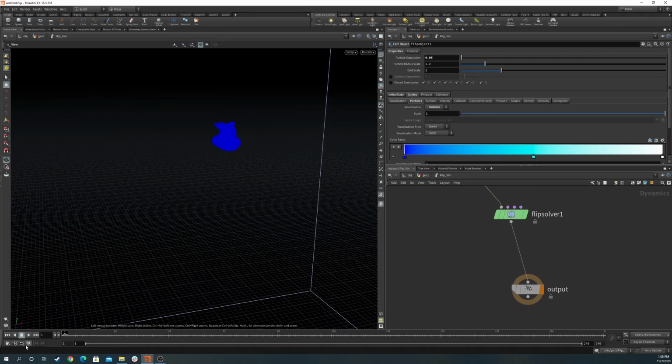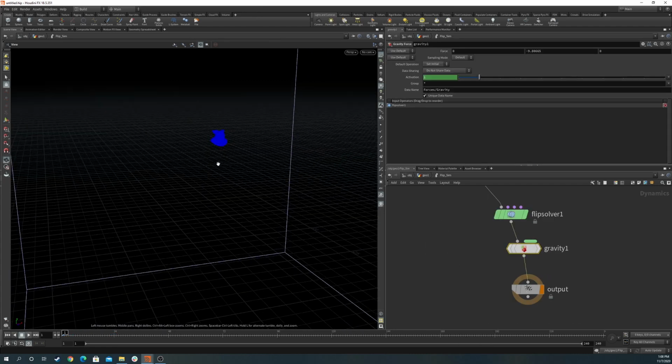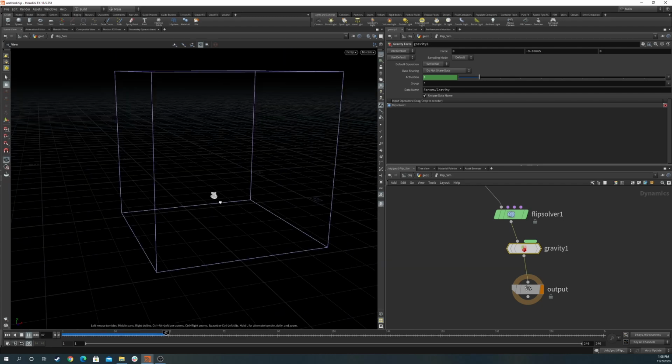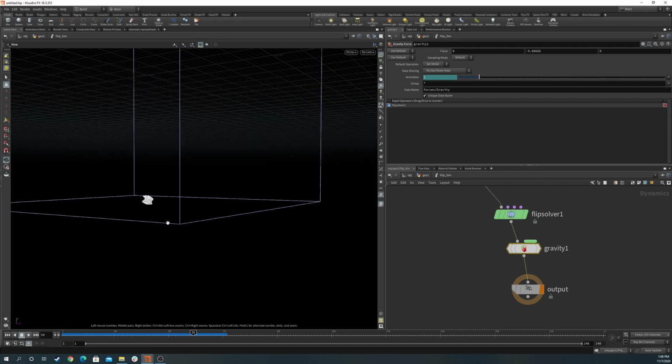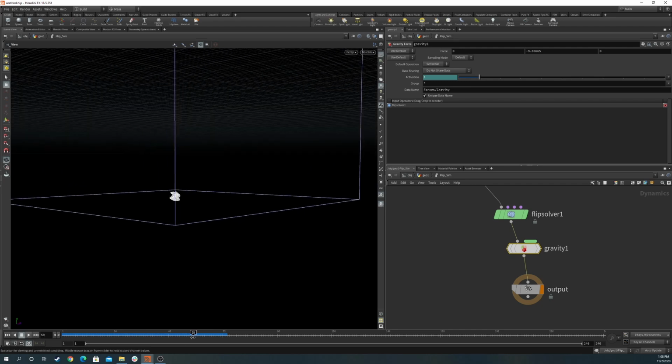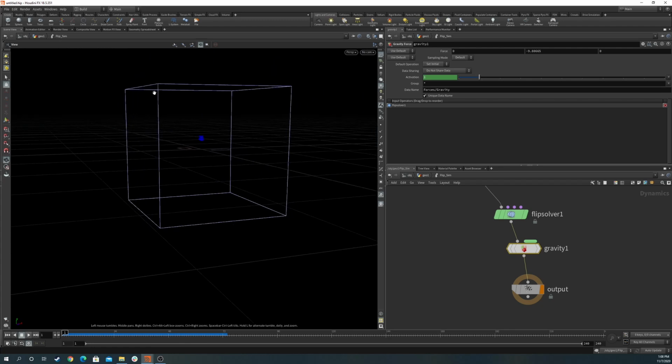And now if I play it, nothing gonna happen. That is because we don't have any force. If I use a gravity node in here, we should see something is going to happen. And as soon as this peak height going out this bounding box, it's going to disappear. So we know this bounding box defines the area where we can actually have the